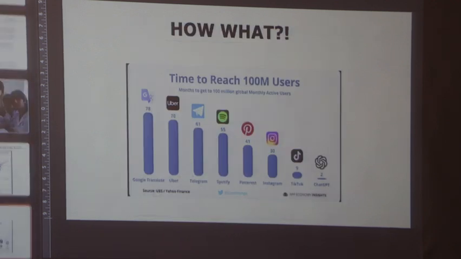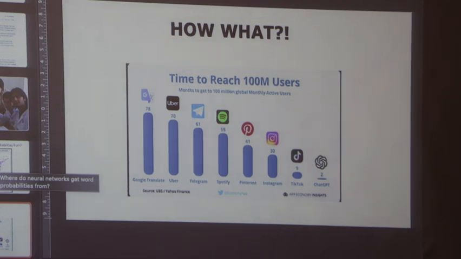Okay, let's go back. We're actually coming to the end of my presentation. I just want to show you how quickly it develops. It took Google 78 months to reach 100 million users, but it took only 2 months for ChatGPT to reach this number of users. Now, today, you have been equipped with a new profession called prompt engineer. I'm not saying that you're a perfect prompt engineer at this point, but as you go, you do more research, you do more things, you become better. And my final words would be,